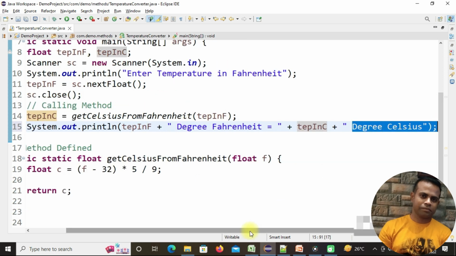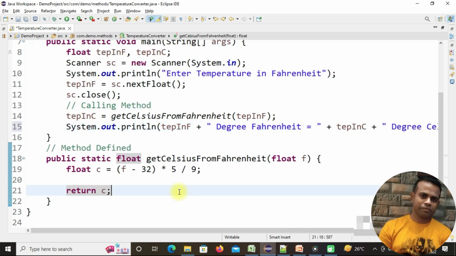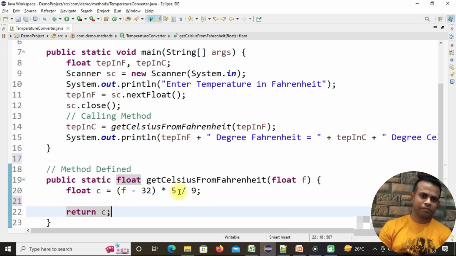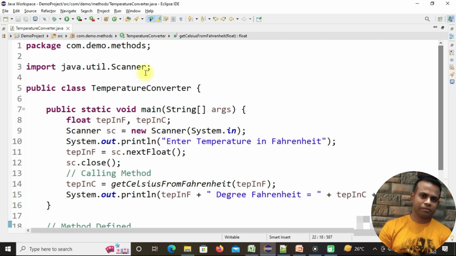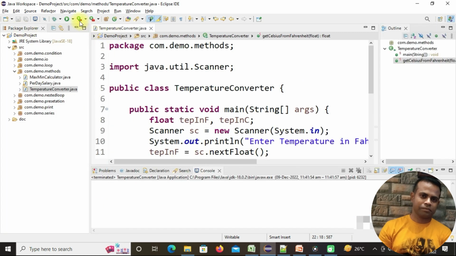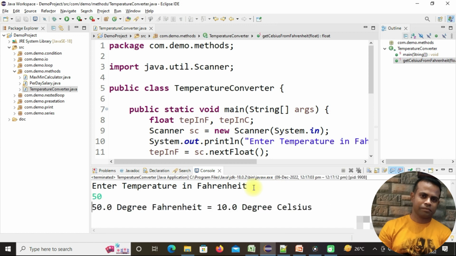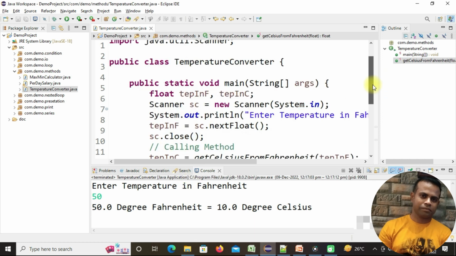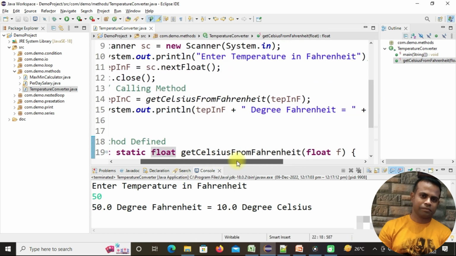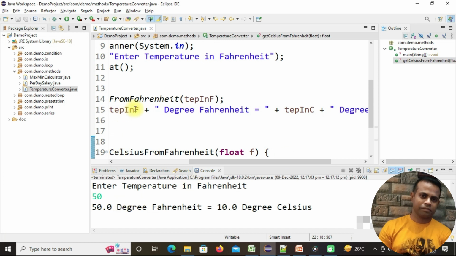Now let's run it to get the exact picture. So before running, you have to save this and then use Ctrl Shift O and F to beautify your code base. Now if you double click here and click on this run button, the system will ask to enter temperature in Fahrenheit. Let's make the Fahrenheit 50 degree Fahrenheit. Then if I enter here, you can see the same message which we printed in line number 15 is coming here. That is 50 degree Fahrenheit entered by the user, and then degree Fahrenheit is equal